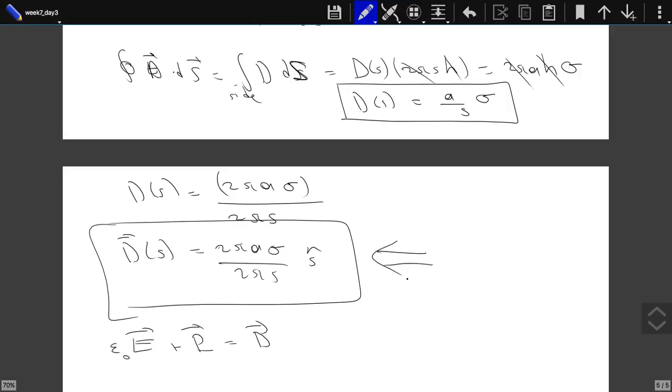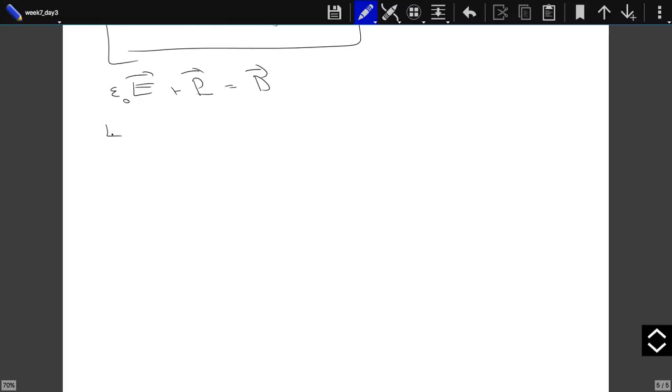Okay, another thing to note is that we obtained the displacement field as if the dielectric is not there, because in the expression of the displacement field, the electric properties don't appear. So this is the displacement field inside my dielectric. This is the expression of the displacement field outside my dielectric. It doesn't make any difference for the displacement field. But it will make a difference for the electric field. You see, if we are looking for the electric field outside the dielectric,